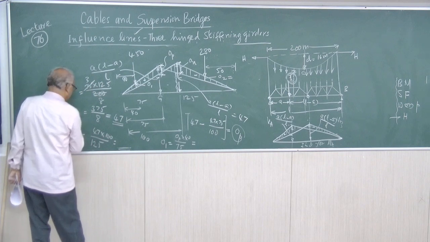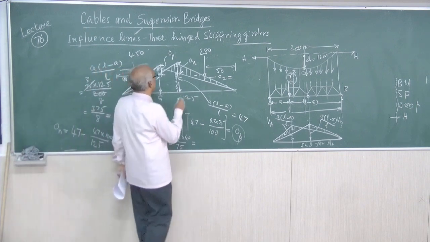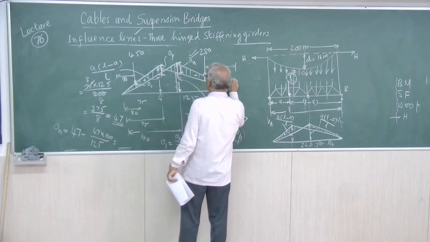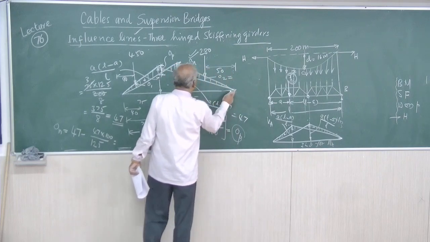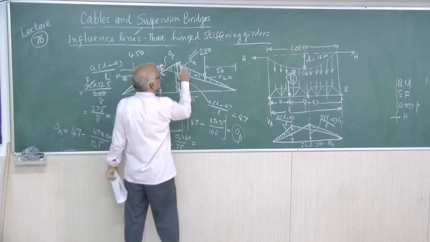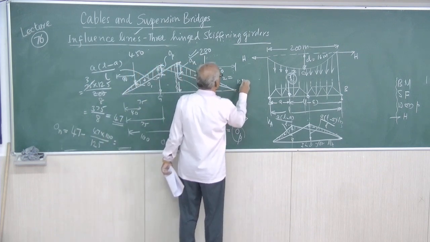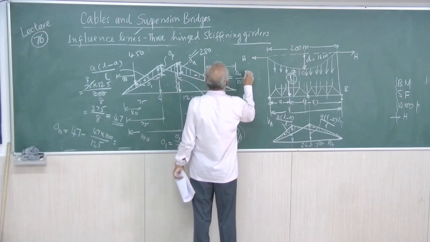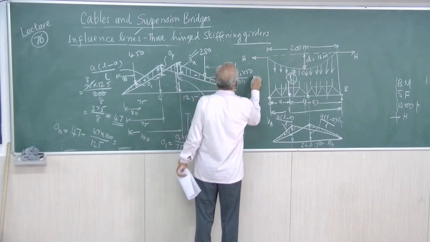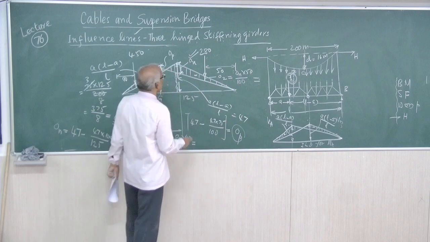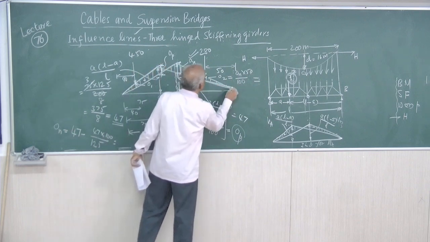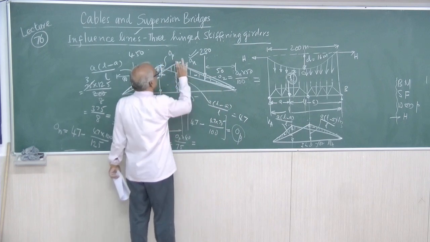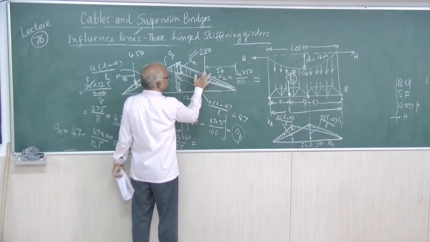If this is known, now O2 will be: for 100 meters, if it is ON, what is the value for 50 meters? That's all. For 100 meters, we are going to consider only this triangle. So for 100 meters, if it is ON, what is the value for 50 meters?